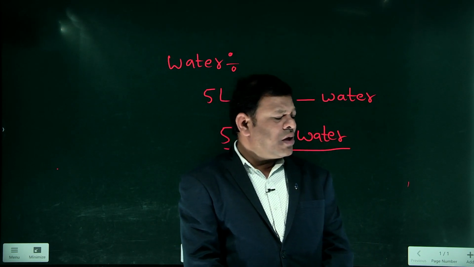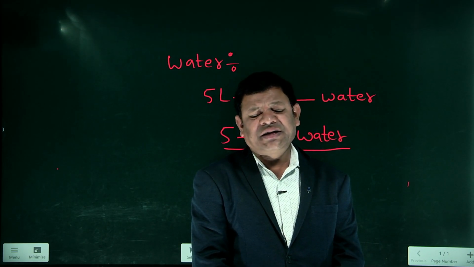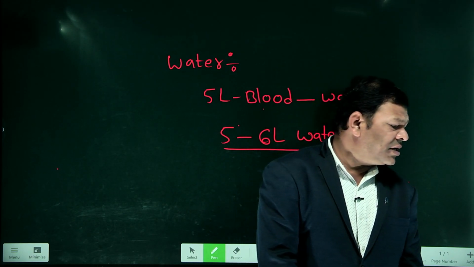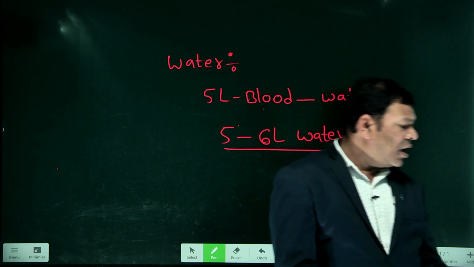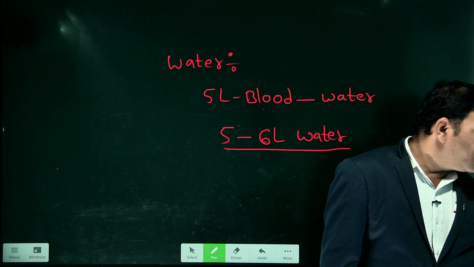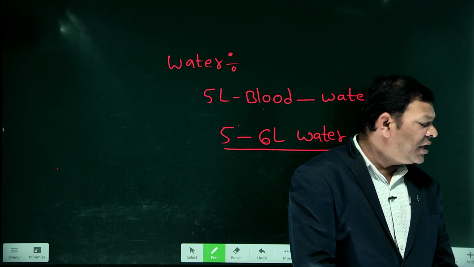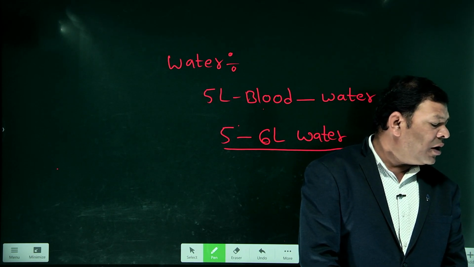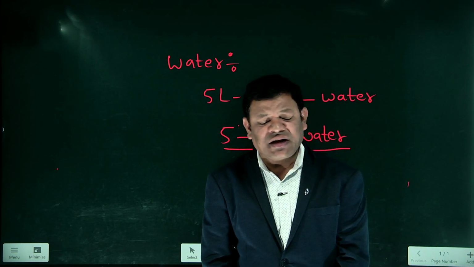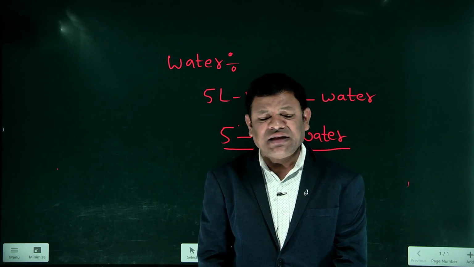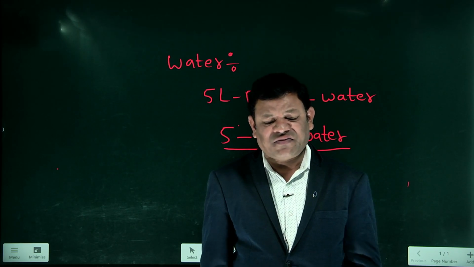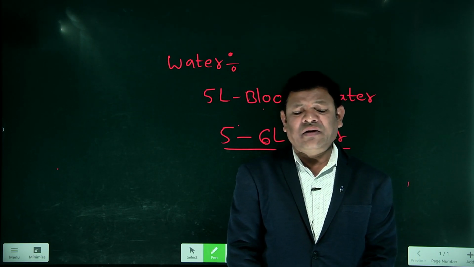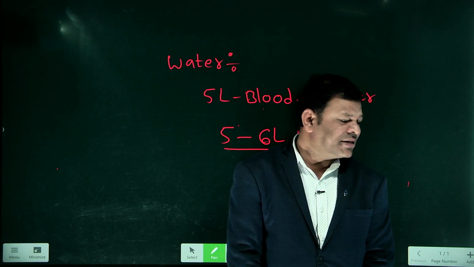So especially, what are the food components that contain water? Do you know watermelon? Watermelon is present. Citrus fruits are present. Cucumbers, beans, tomatoes, especially papaya, watermelons. These are the fruits in which water is generally present. This water is also very important in our day-to-day life. Is it clear?